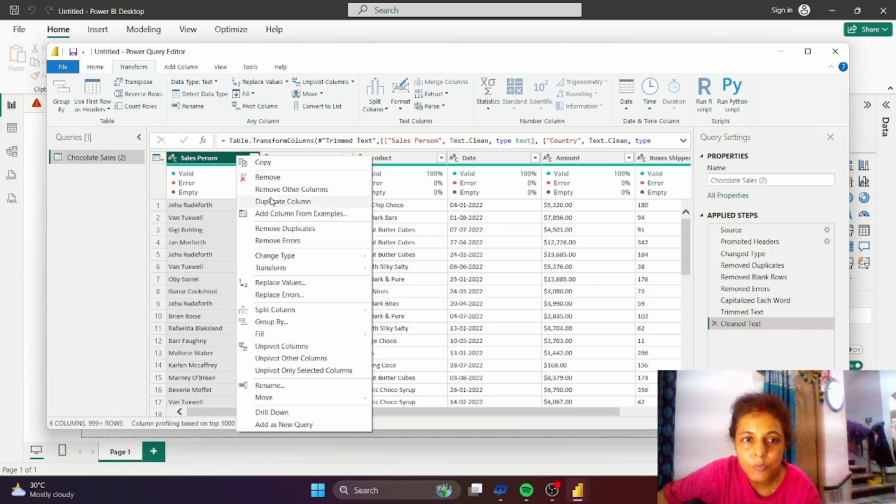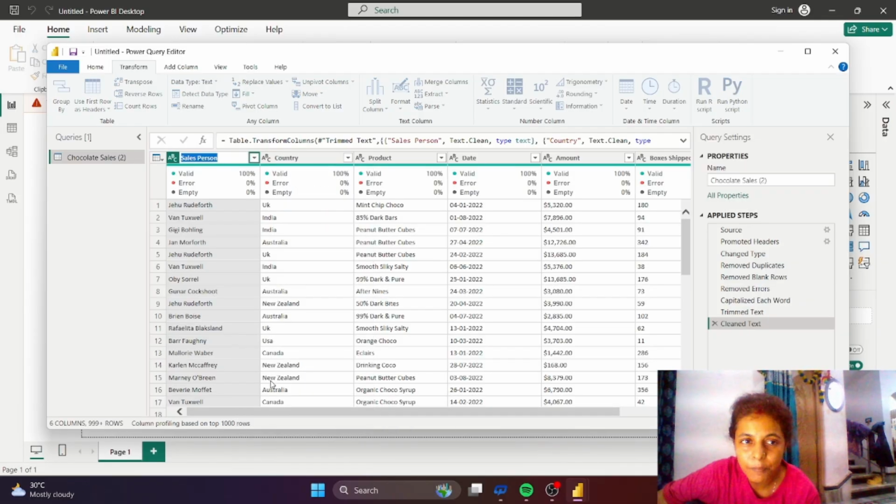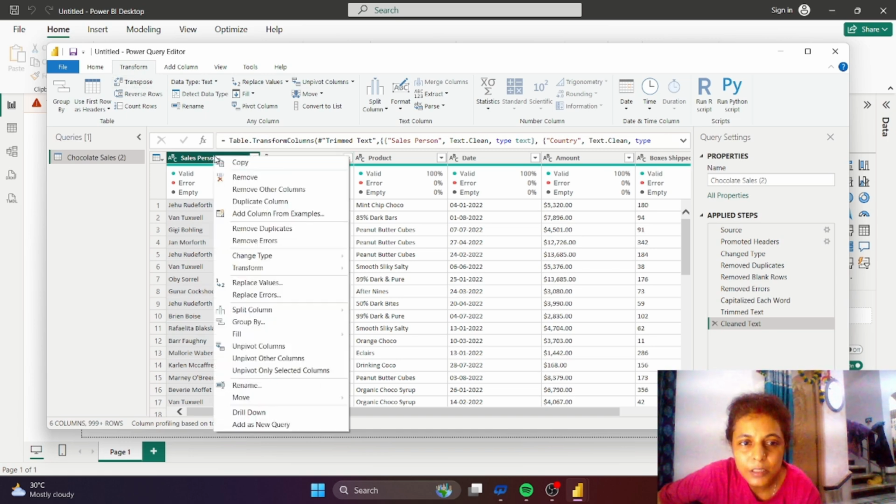Okay, guys. So we want to change the name. When you want to change, then you should click rename. Here it is, rename. After clicking rename, you can change the name, but as the salesperson is good, I don't prefer to change it. So keep it as it is. And after doing right click, you will get all the options.